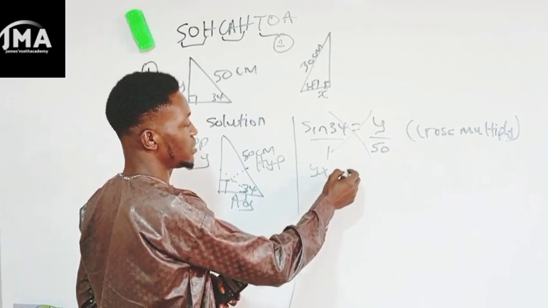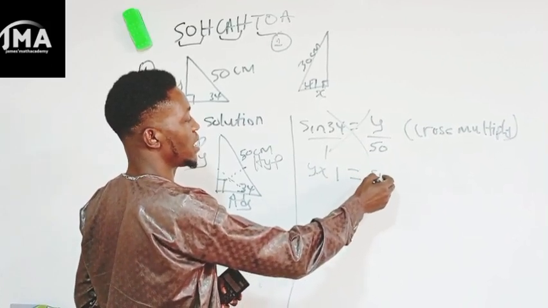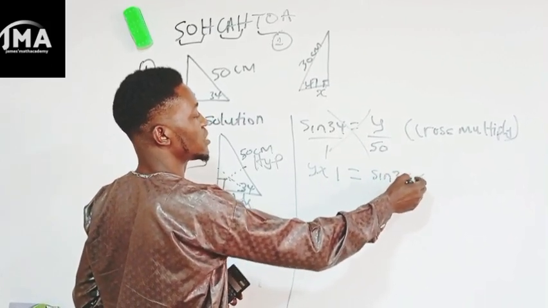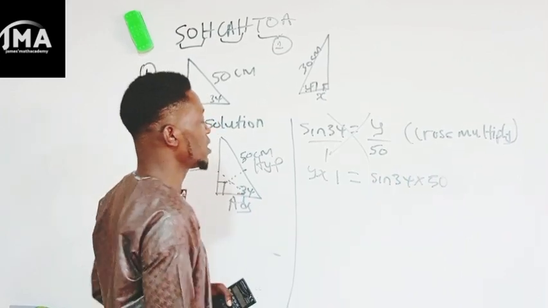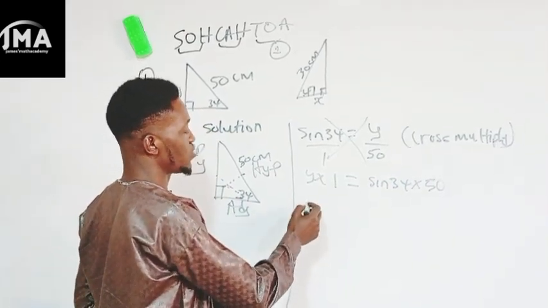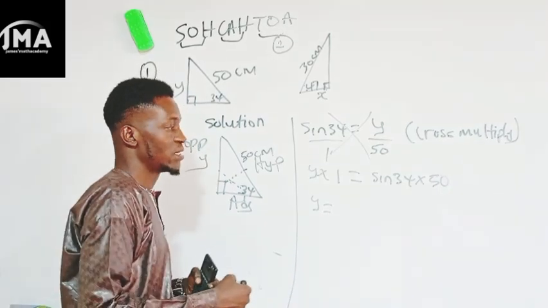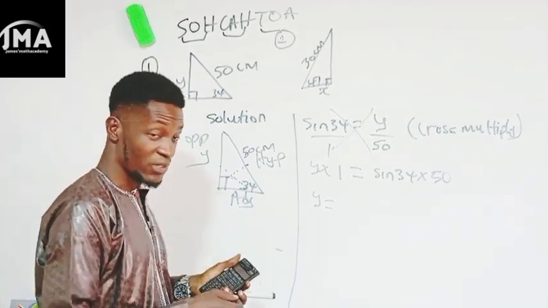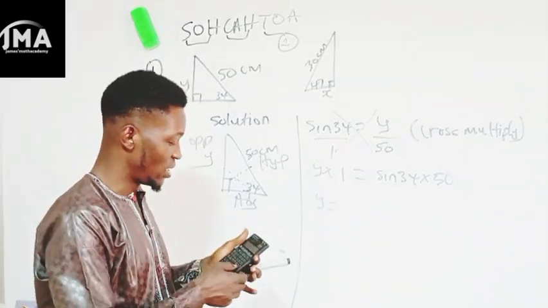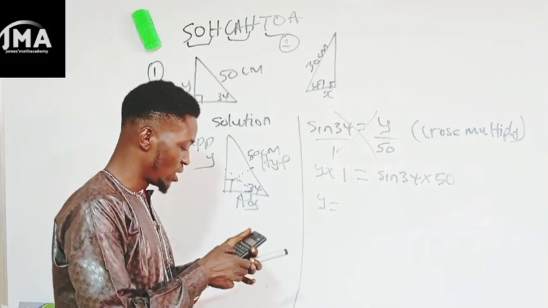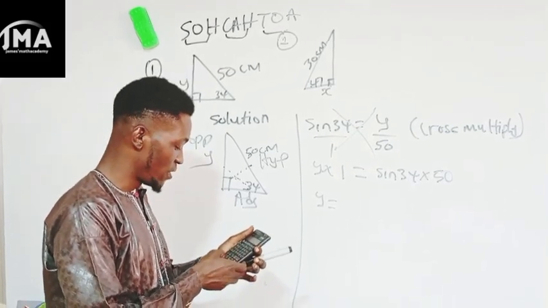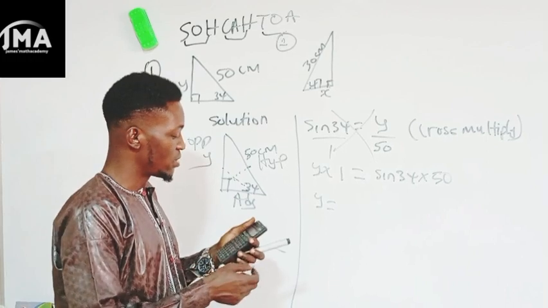Y times 1 is equal to what? Sine 34 times what? 50. Okay, 1 times y, y times 1 is y. Sine 34. What is our sine 34? Pardon me, I'm going to use the calculator here. So I was going to say sine 34. What's the value for sine 34? Sine 34 is